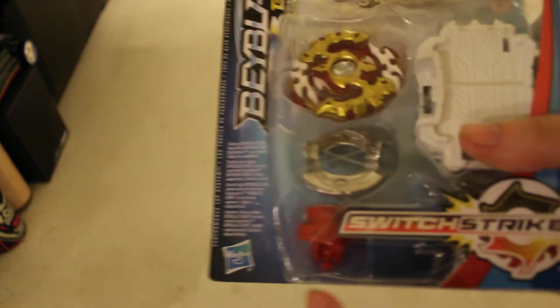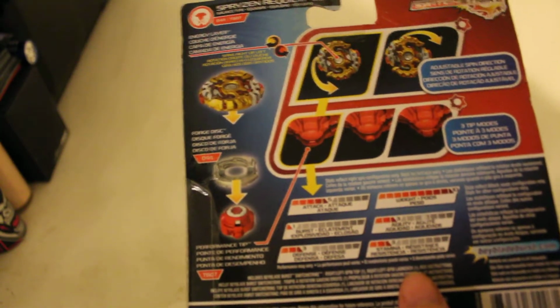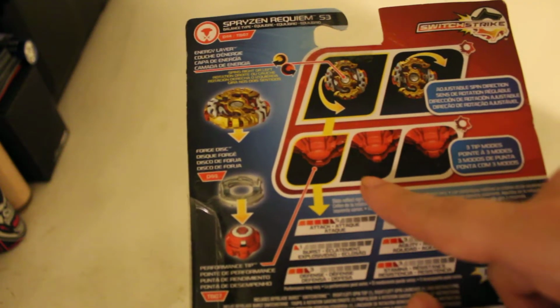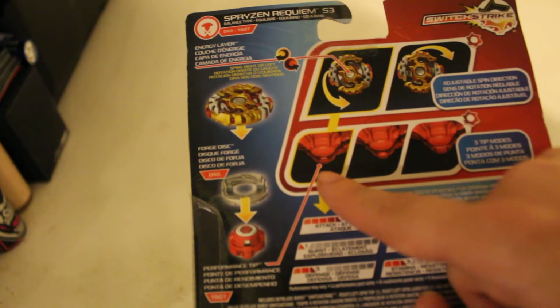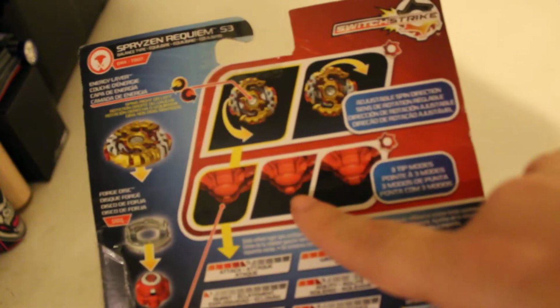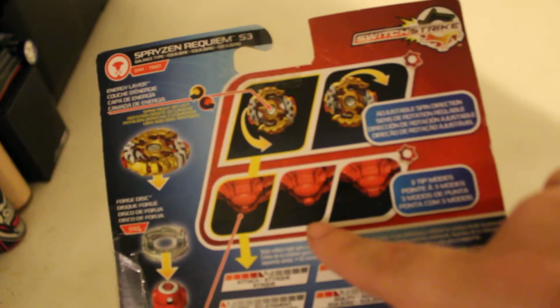Now, when it's completely round, which is what it is when it comes out of the box, that's defense mode that the driver's in. When it's completely small, a little nub, that's attack mode. And when it's in between, the middle nub with a little sub nub, almost like for the Metal Fury series, Beyblades with